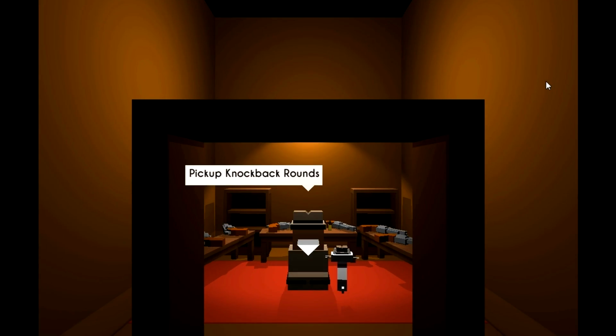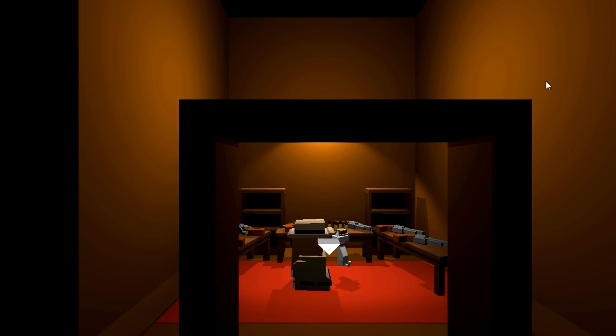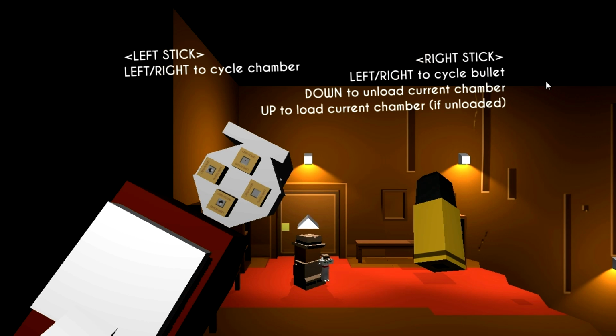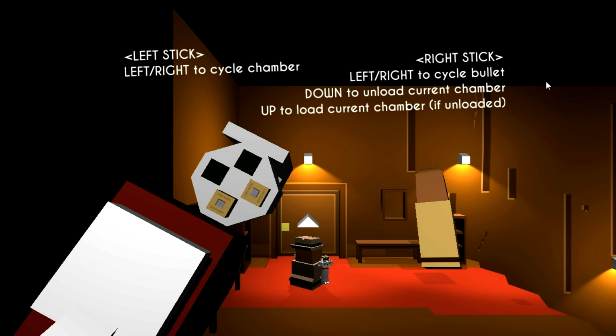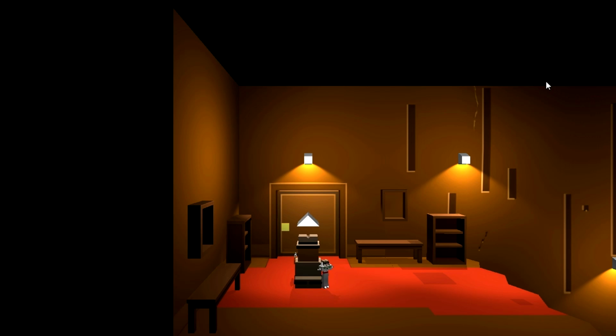Alright, that is a little frightening. We will pick up our knockback rounds here and see if maybe that will benefit us later. Let me just look at... there's our new ammo type there. So let's go with this ammo type, and we'll take our old ammo out of it. I've never tried loading mixed rounds into the chambers, but I assume that...